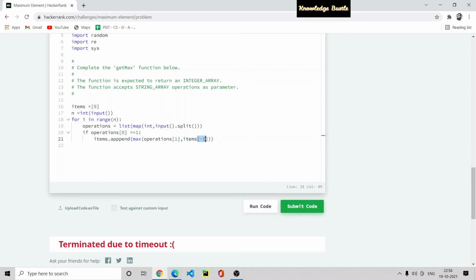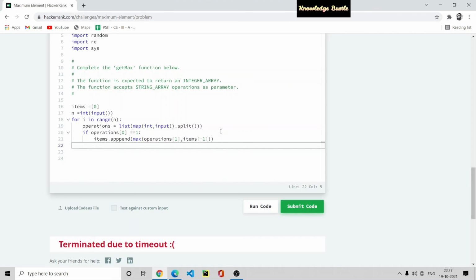Here the index minus 1 is the last element from the items. If items has only one element, then it is the first and last element itself. So firstly it checks which is the maximum element among the items and the operation, then it appends that to the items.